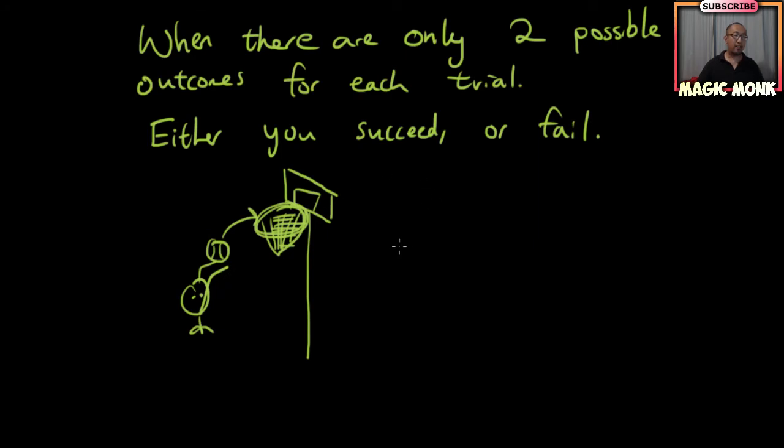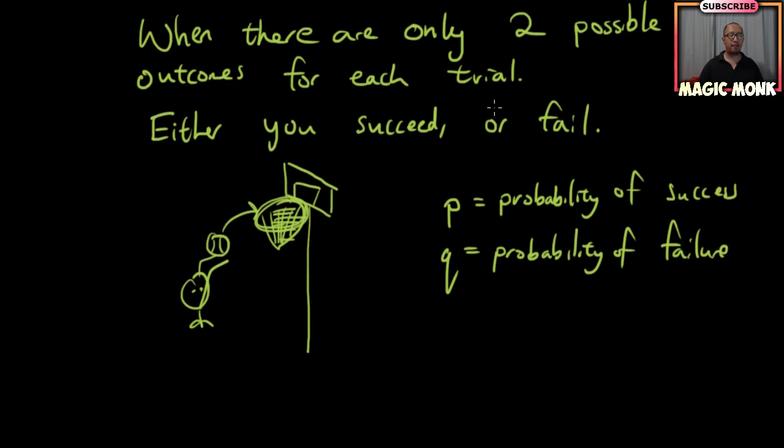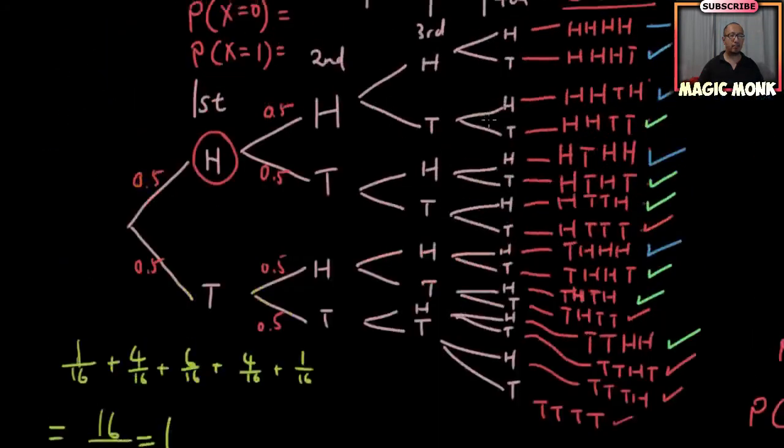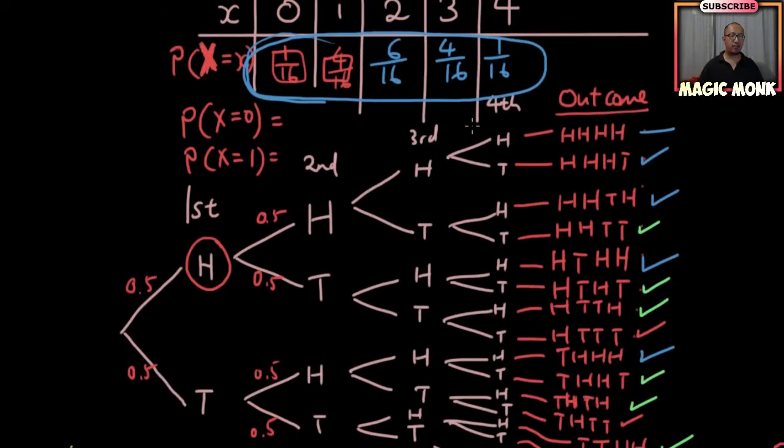Now we have two different probabilities. P we're going to call probability of success. Q, which is the probability of failure. Now if you have a look at our coin toss example, this is exactly the same as binomial distribution